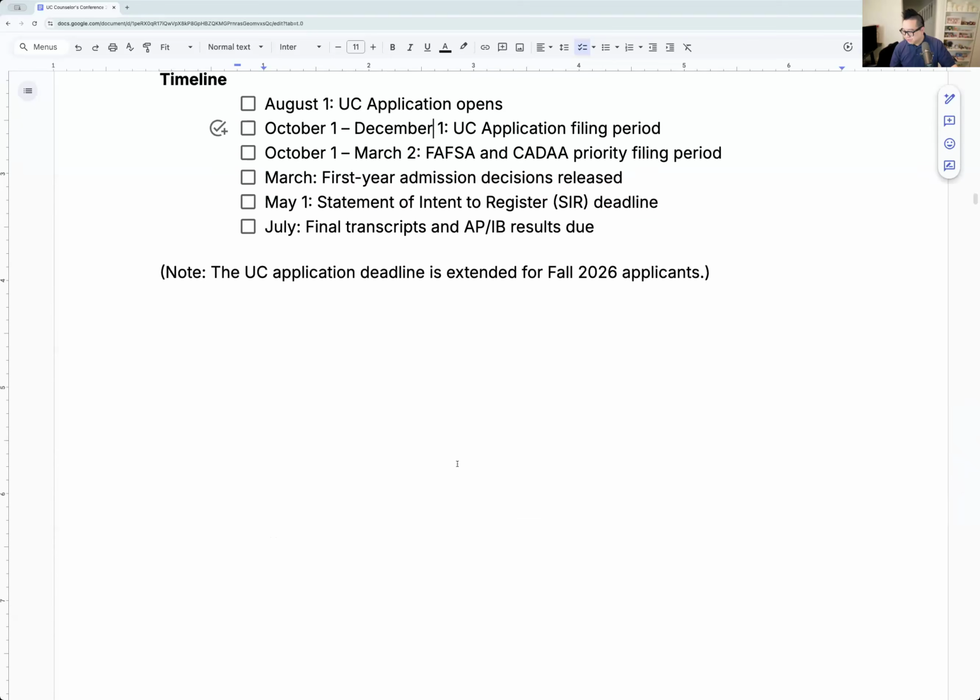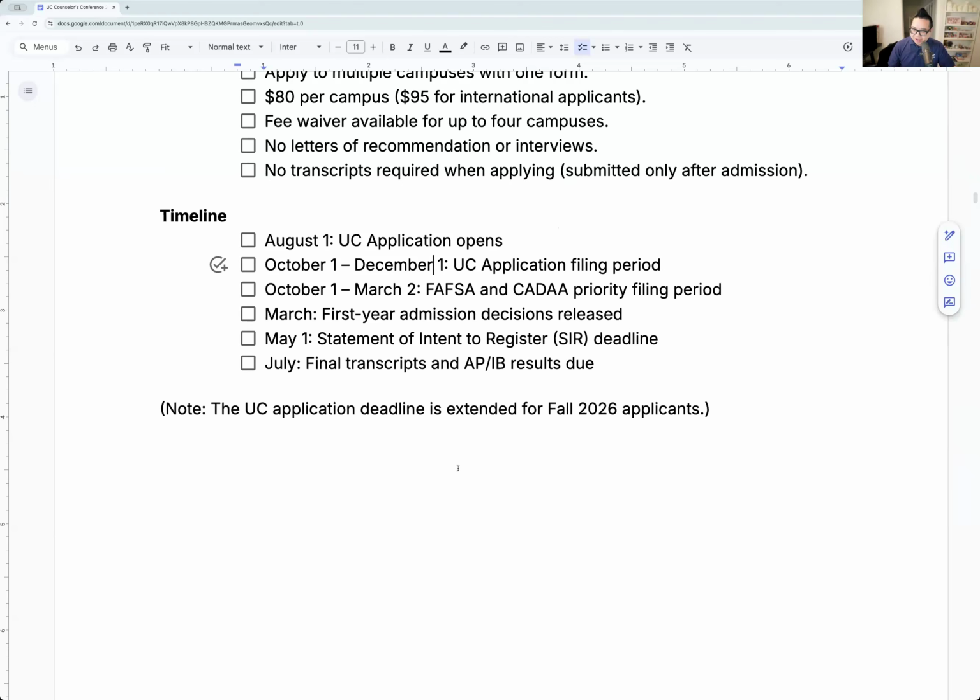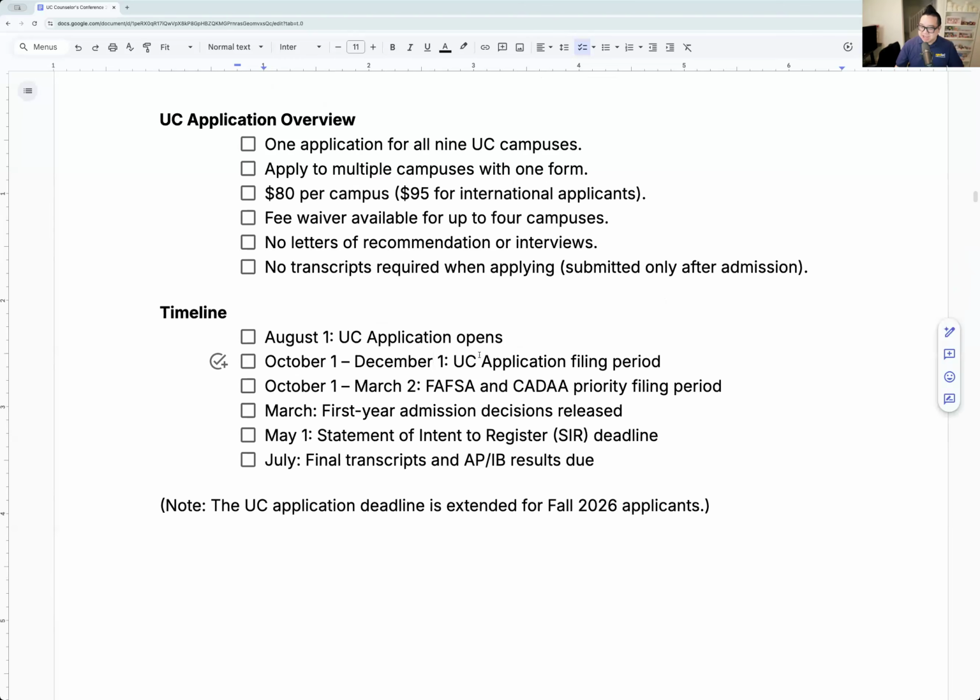Okay. A few questions in the chat. How do you know your GPA if there are no transcripts? You're self-reporting everything. By the way, you don't want to lie. If you lie, so let's play it out. Let's say you lied. I got straight A's in all classes.